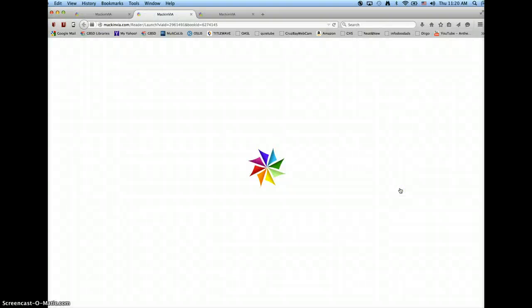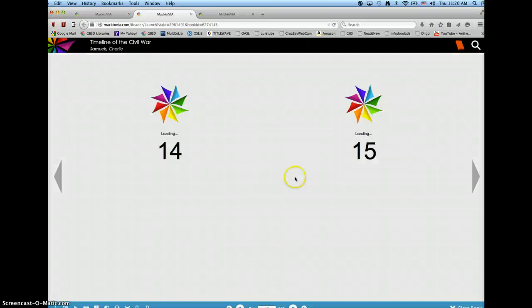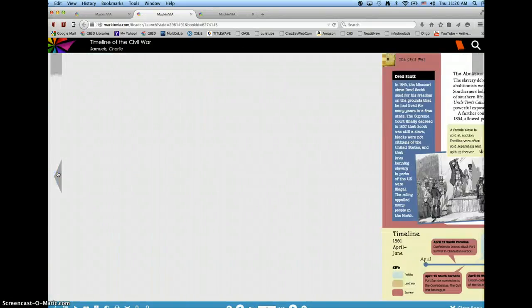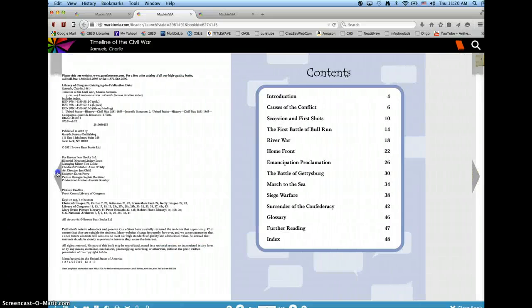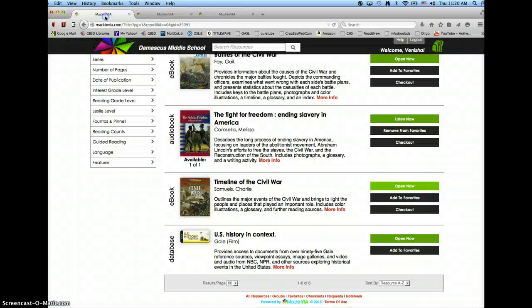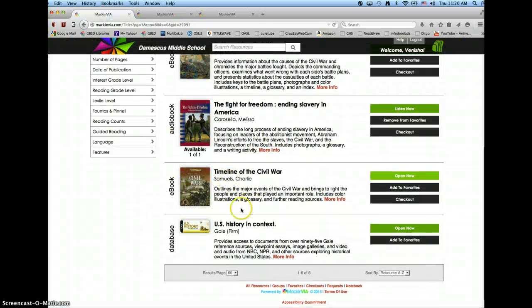And then Timeline of the Civil War, we have, I'll get you back to the beginning of this book. This is also a new release, newly purchased, Timelines of the Civil War. And last, I added the U.S. History in Context,